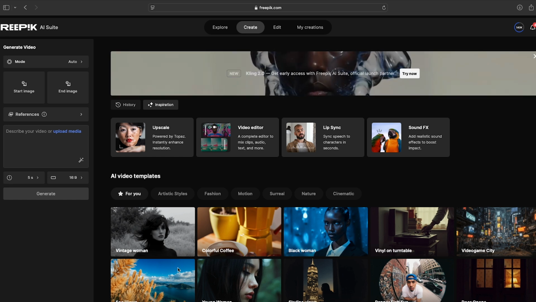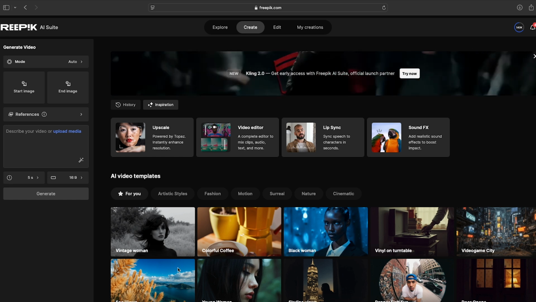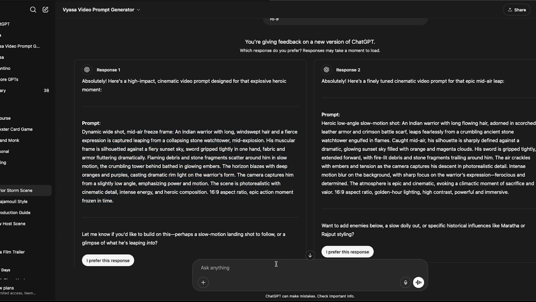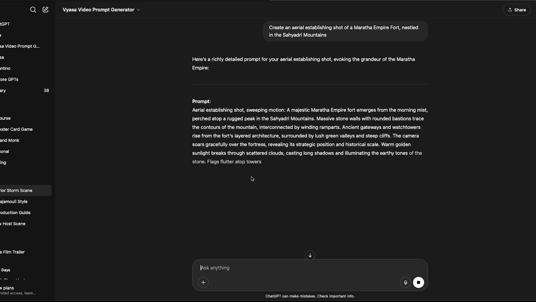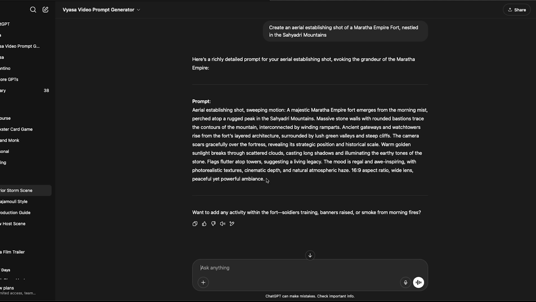We are still on FreePick, and we are going to go back to Vyasa video prompt generator, not giving any feedback to ChatGPT, and I am going to tell it to create an aerial establishing shot of a Maratha Empire fort nestled in the Sahyadri mountains. Okay. All right, so it's given me a prompt,